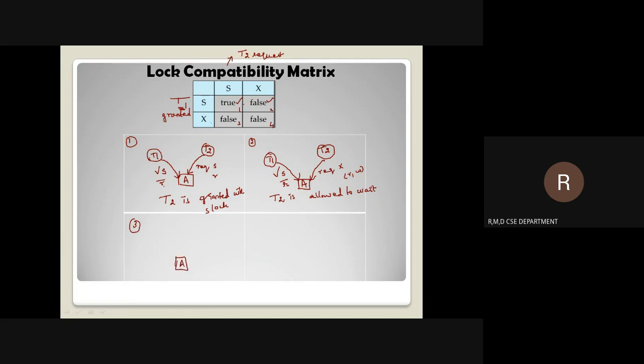When a data called A is granted to T1 in exclusive mode, with the exclusive mode of lock, the transaction will perform both read and write. It is assumed that T1 is already granted the exclusive lock and it is doing read and write, it is in progress. So in this case, when T2 comes and if it requests for